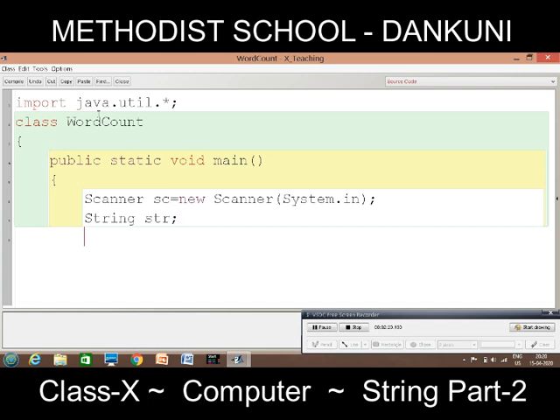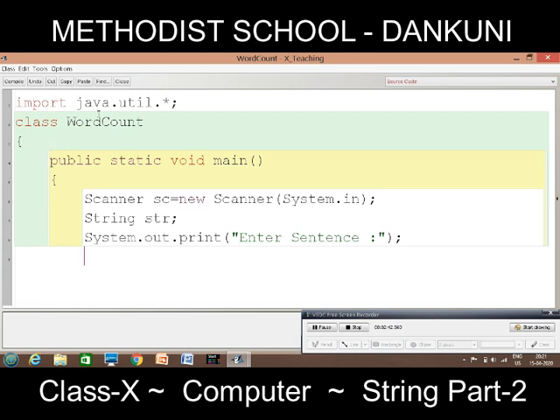Then simply print a message, System.out.print, enter sentence. Then we will use the scanner to take the input.